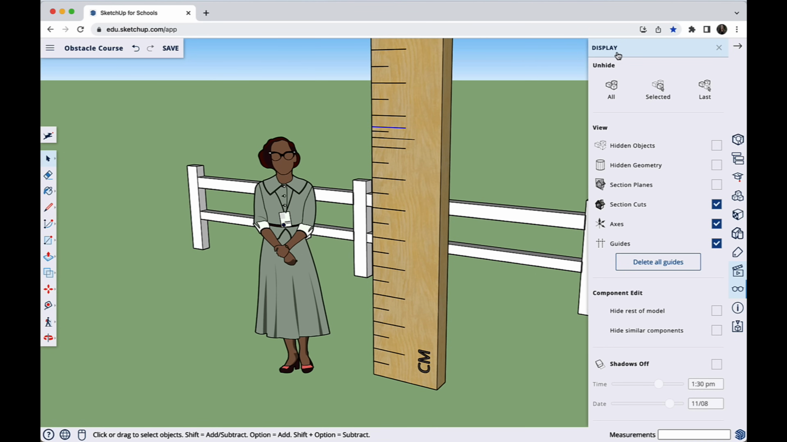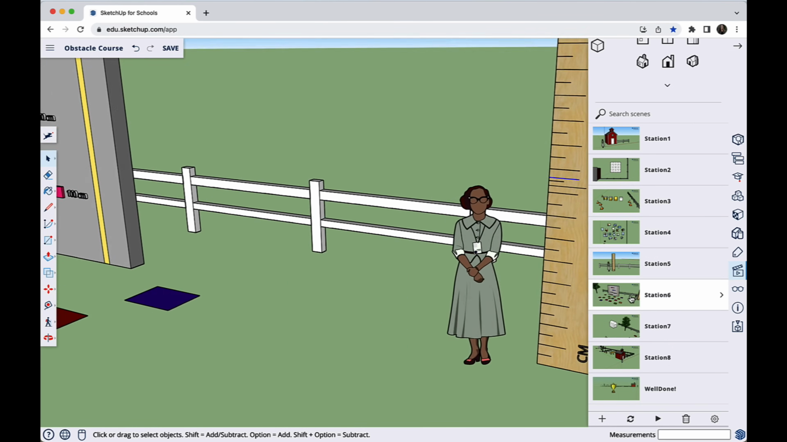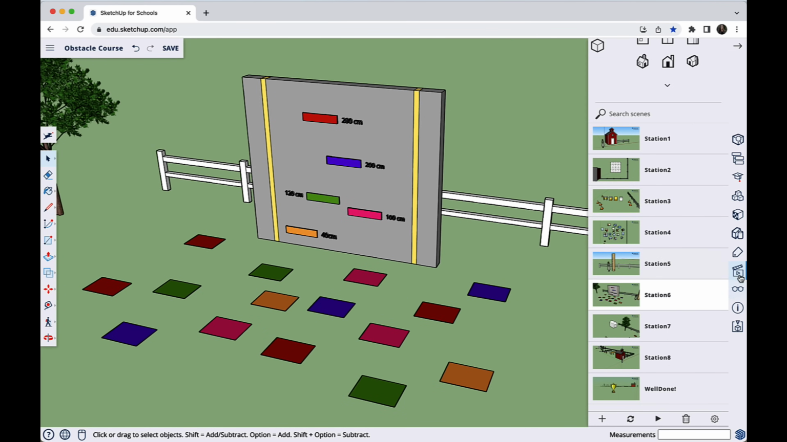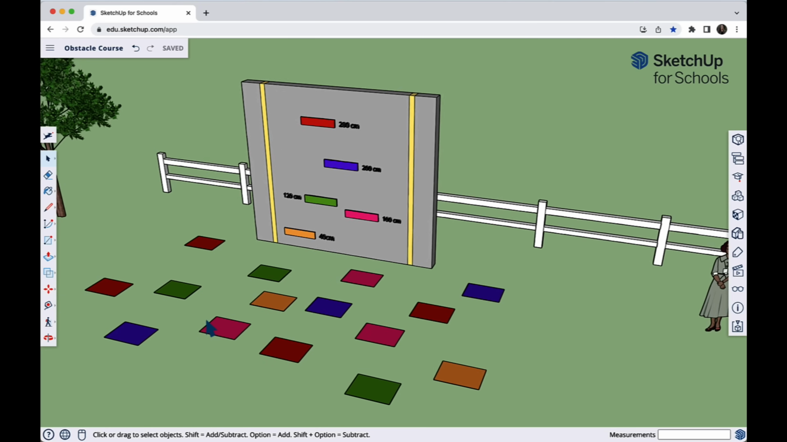I'm going to close out of this display panel, done with my guidelines, and move on to Station 6. So back in my Scenes panel, Station 6. We're nearing the end. We've got a few more stations to go. You're doing great. In Station 6, we are going to be using the Push-Pull tool to bring a 2D shape into 3D. So I'm going to go ahead and close out of my Scenes panel here, zoom in just a hair,